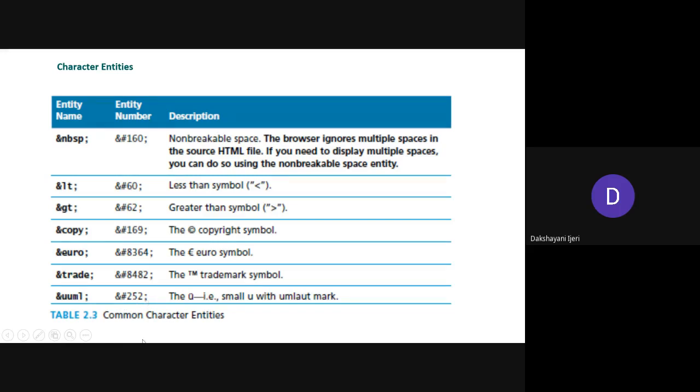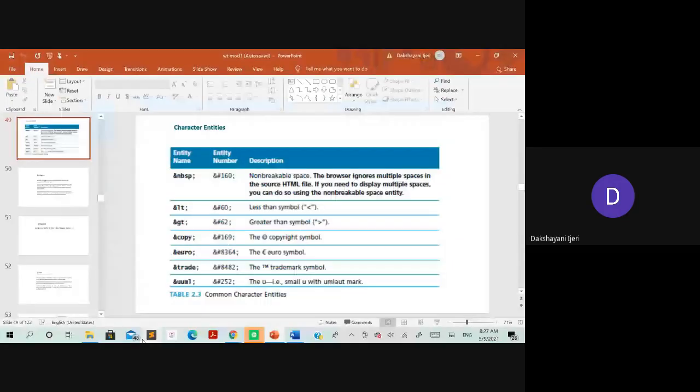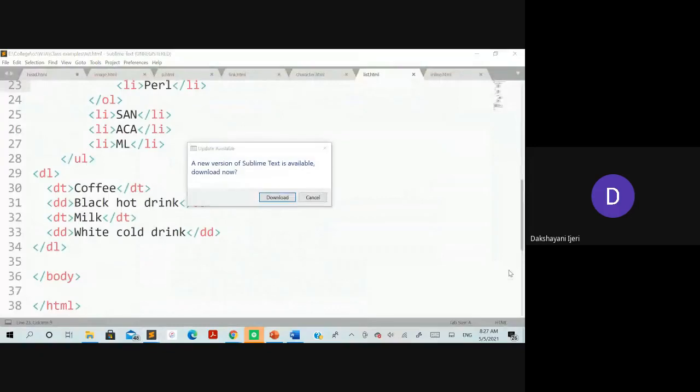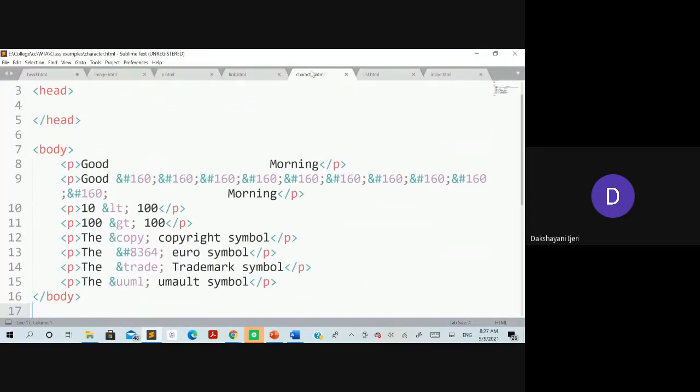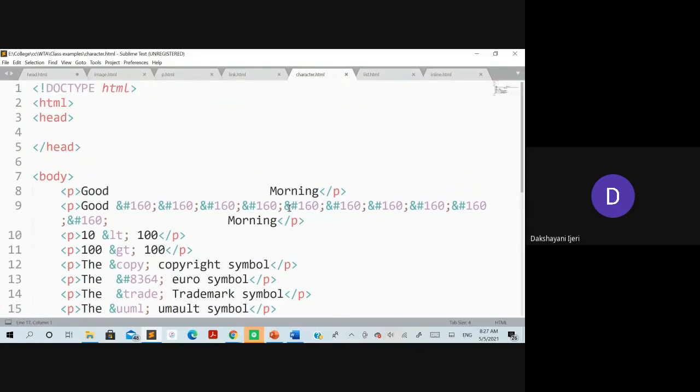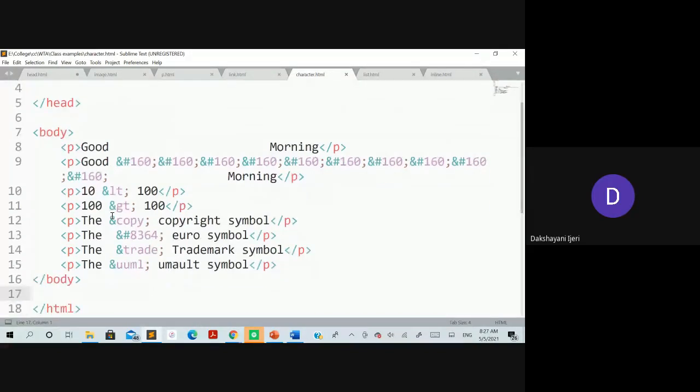So let's see the execution of these things. Is this visible to you people? Yes, ma'am. Okay. So you can see here within the body, I have taken all the examples with a separate paragraph tag.